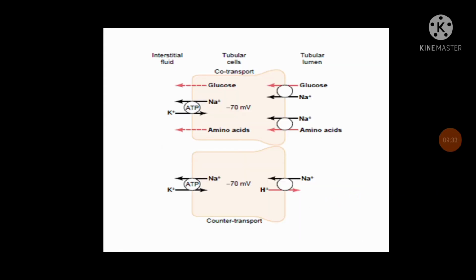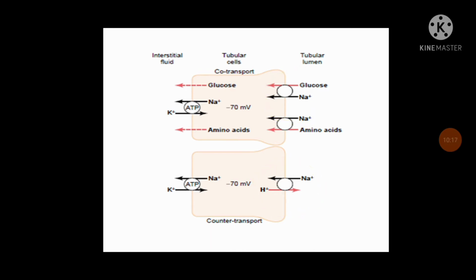This is another diagram showing the reabsorption of glucose and amino acids with sodium as a co-transport, which is called secondary active transport. Here the channel for glucose is called SGLT, sodium glucose transport. Two channels are utilized, whereas for the movement of glucose at the basolateral membrane, GLUT2 transporters are important.